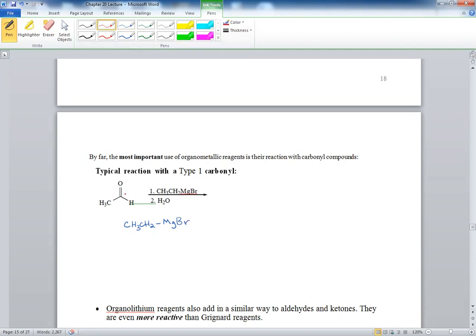We know this carbon is delta positive, electron poor. Oxygen is electron rich, so it's going to attack. As usual, you're familiar with this. So we're going to have